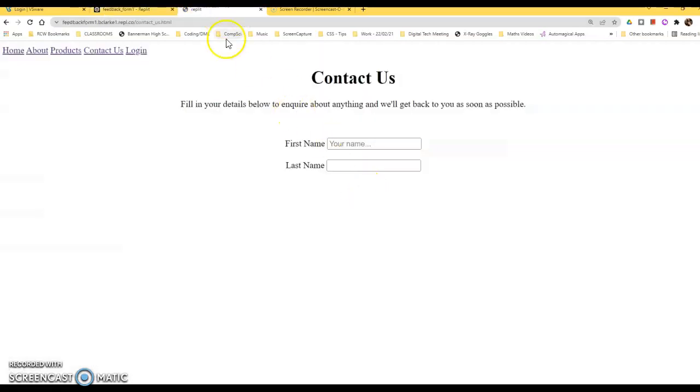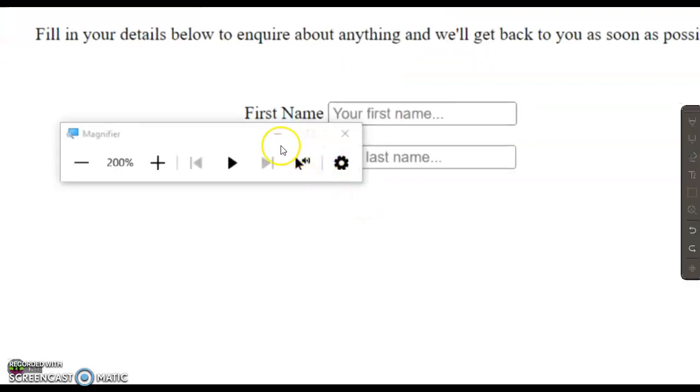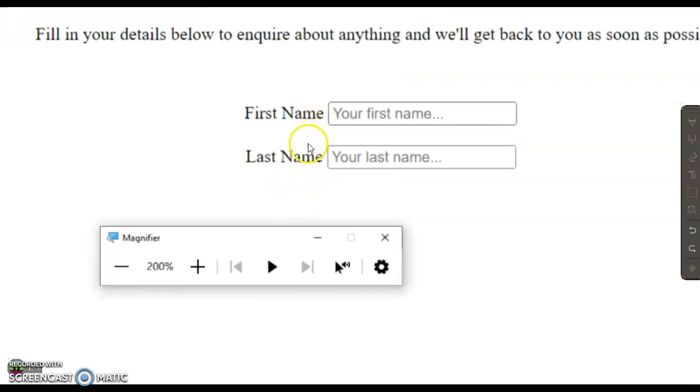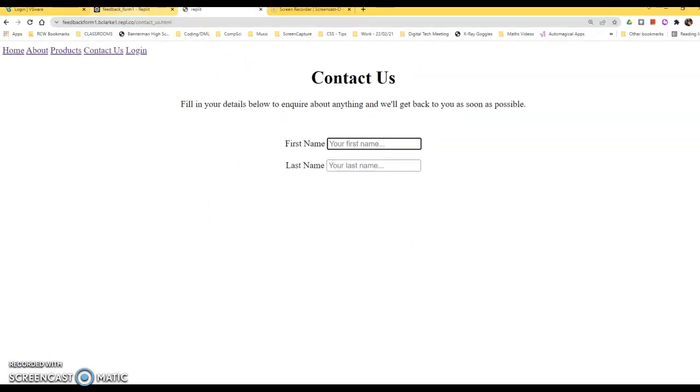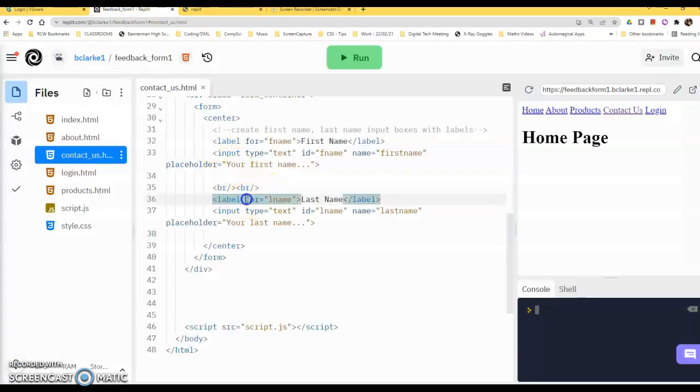You can see here when I refresh this, I've got the two placeholders, your first name, your last name. So when I click into this, it toggles, waiting for my answer. But the great thing about it is, because I bound the label and the input box together, when I click on the label, watch what's going to happen here. When I click on the label, it gets toggled, and that's because I bound them together using the for